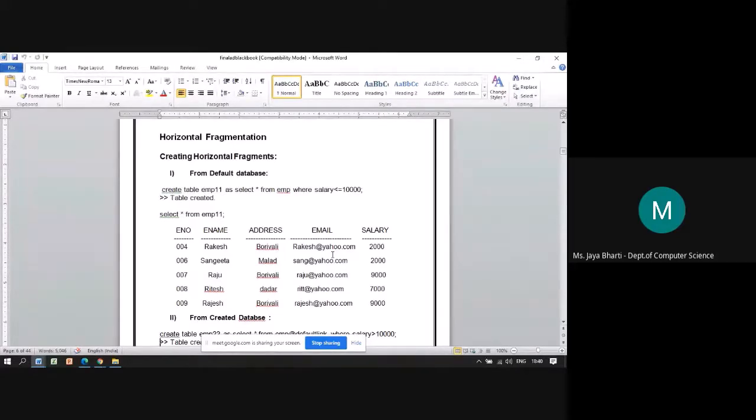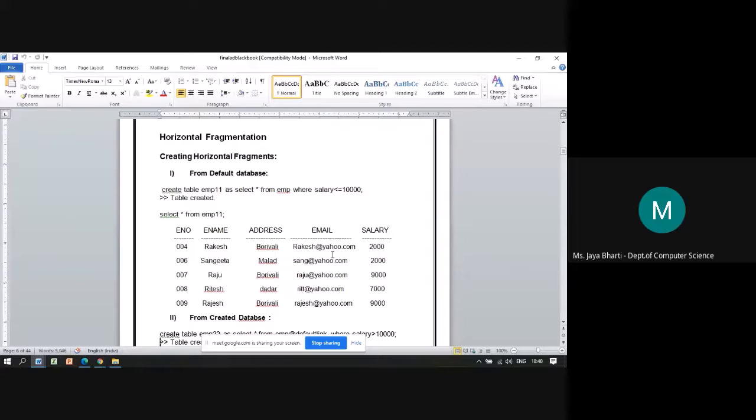What are the rules you can say, or the things to keep in mind while splitting up the table horizontally? Yes, Zifin. Which are the 2 points you need to keep in mind while creating the horizontal fragments?